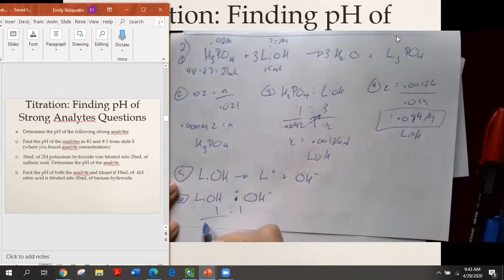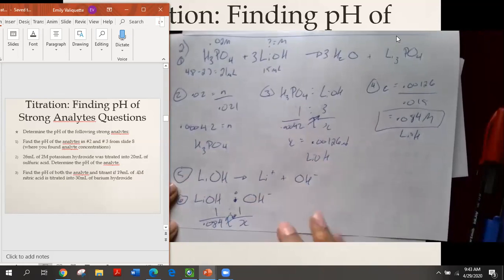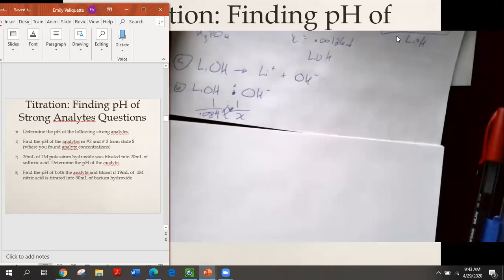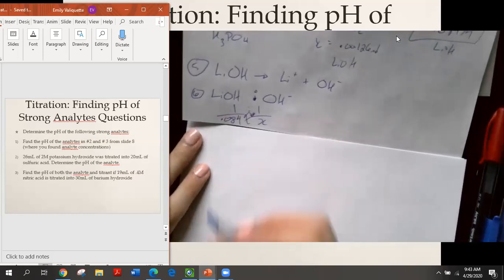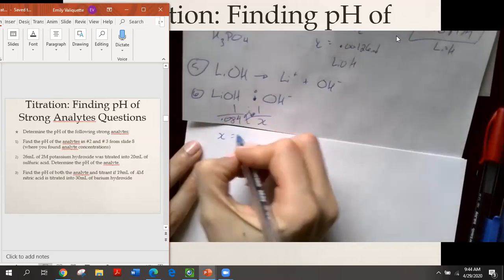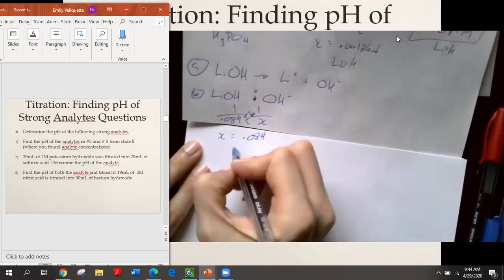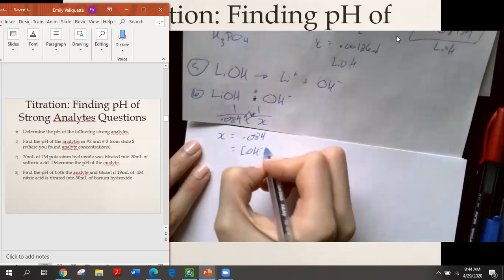So if we plug in the 0.084 molar and then cross multiply, we end up with x equals 0.084,